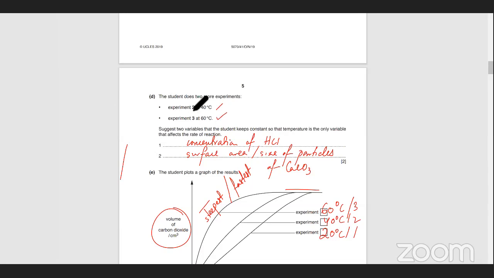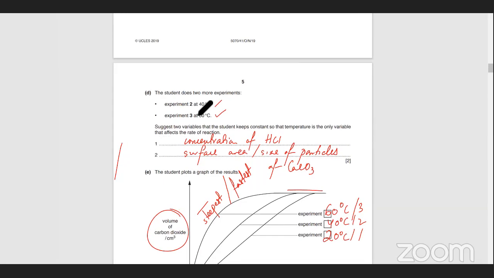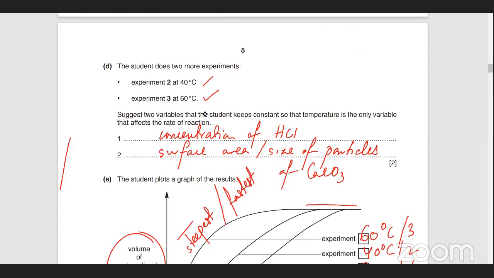ये इस साइड पे लिखे हुए हैं. ठीक है. अच्छा, then you have a question what's a water bath. Water bath क्या होता है? Water bath होता है कि it's a method of indirect heating. ठीक है, for example if I want to heat the conical flask, here's my conical flask and here are all the reactants in it. If I want to gently heat it, a direct heat करेंगे ना Bunsen burner